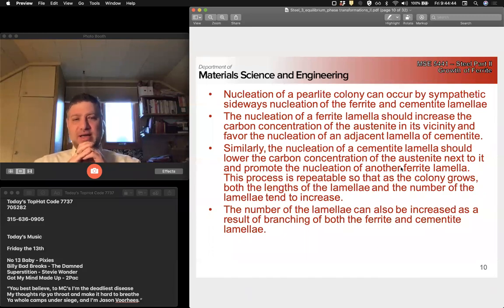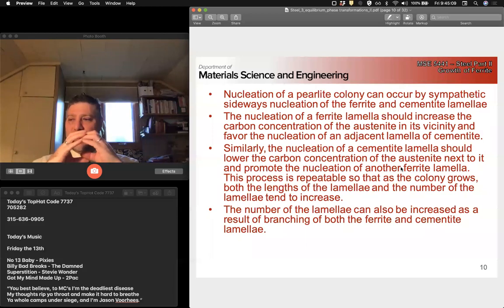The carbon is interstitial in the austenite, and we know that means we're not dependent on vacancy diffusion. Interstitial diffusion is relatively fast compared to vacancy diffusion, right? But it still takes a finite amount of time, right? So